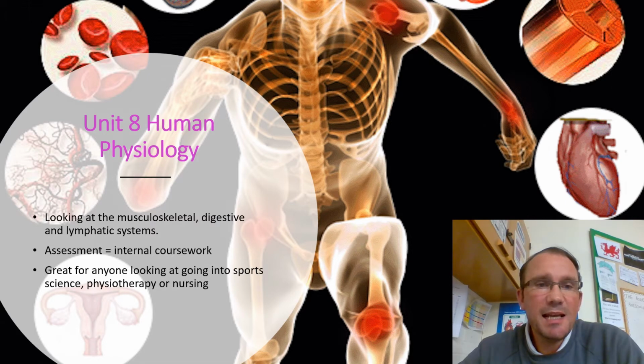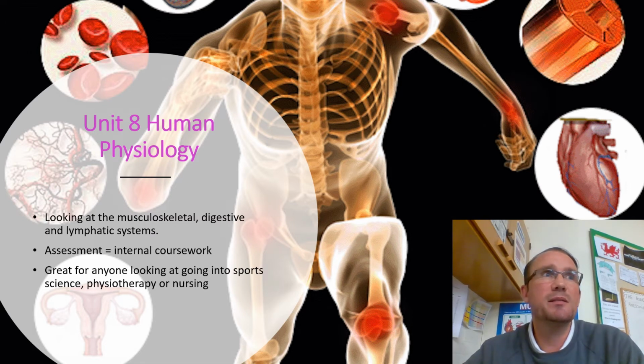Okay, now this last unit, the first 3 units are mandatory. So whichever type of course you do within the applied science spectrum, you have to do all those 3 units. So Unit 1 with the external exams, Unit 2, the internal coursework, and then Unit 3, the more practical skills assessment. Now there's an optional unit, and over the last couple of years I've taught this one